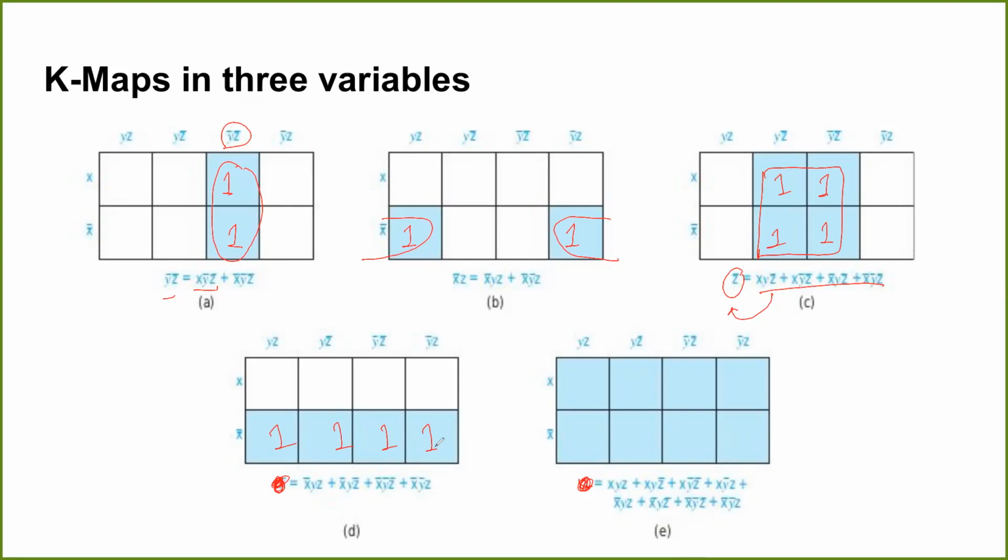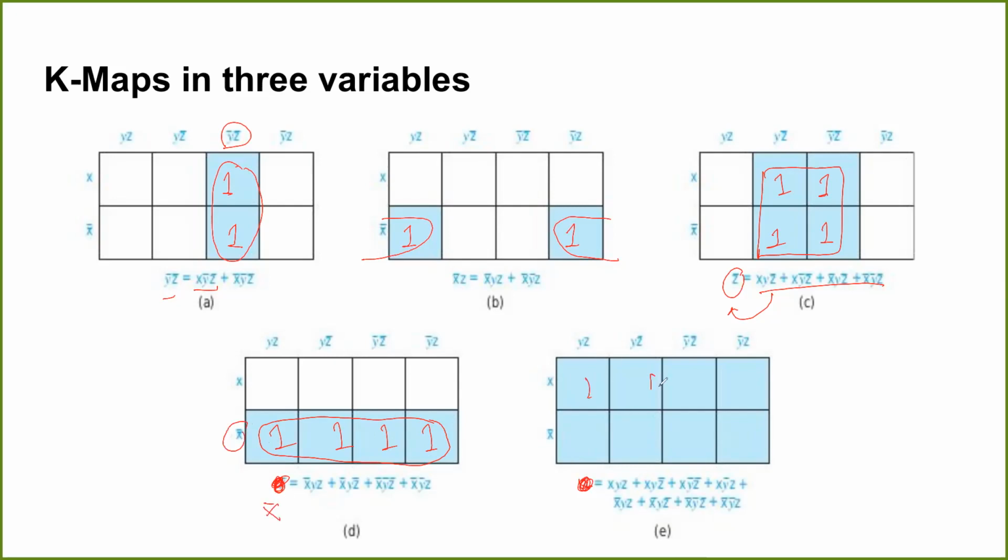Yes, class, can you tell me what will be the resultant expression? Okay, so I can simply group them up like this. And you can see y complement and z complement are all being cancelled. So the only thing left is x bar, right?